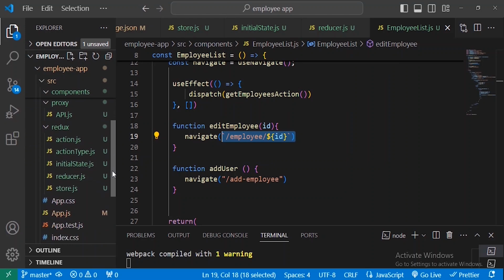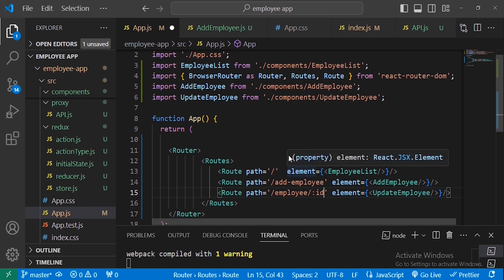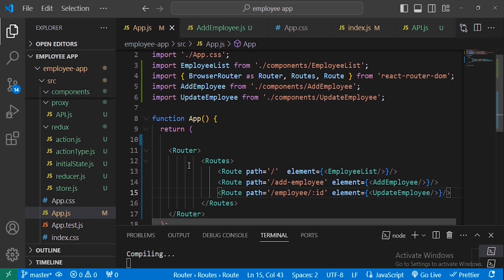So let's go to the app.js. We just need to have employee, then followed by slash, then ID. So this is how we provide this ID to the component, and we will access the ID using the useParam. Okay, so let's go to the update employee